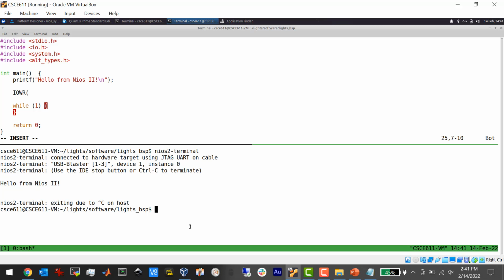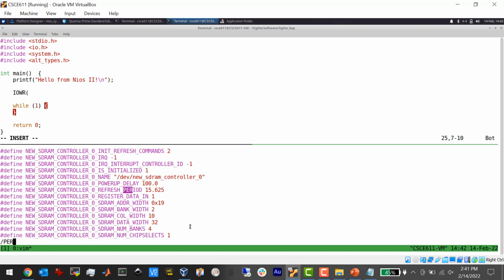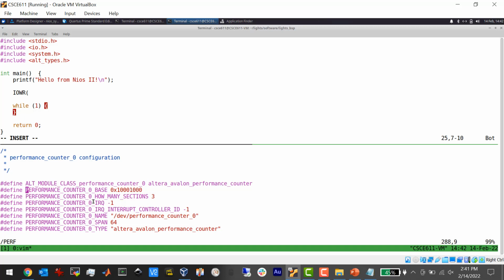If you go inside the BSP directory and you look at that system.h, this is all the stuff, basically, these are just all constants, right, that are generated from your platform. So I usually have this open, and that way I can find the performance counter. You can see the performance counter base is right there. So then I can just paste that right there. So I can write to the performance counter, and then